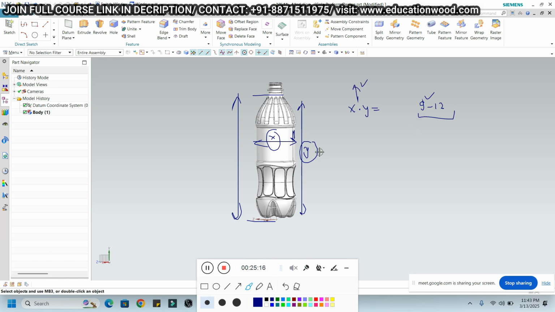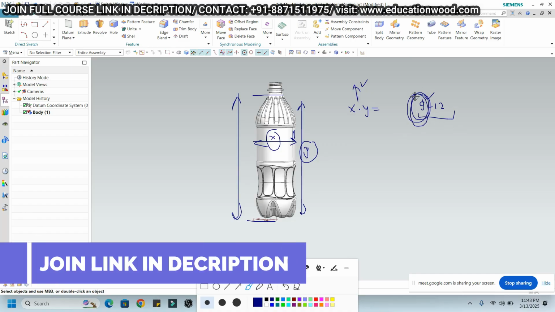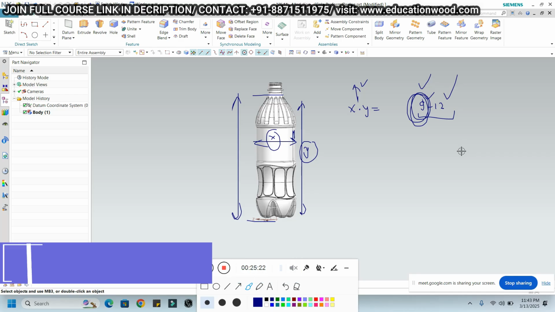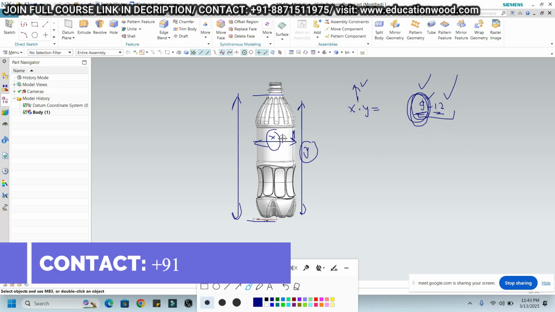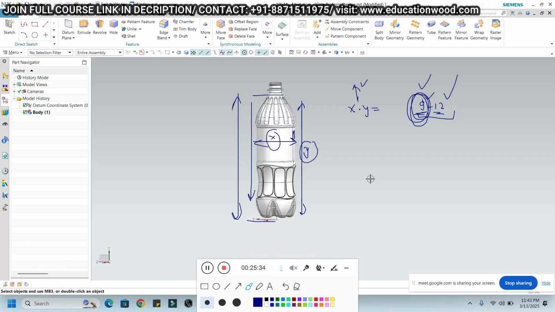Okay, so right now you can say that this is the complete stretch blow ratio. The minimum ratio of XY and the maximum ratio of XY. Here you can see that this is the stretch blow molding, so we have to consider the minimum value, which is nothing but 9.